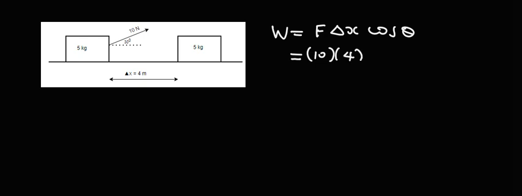Now we can calculate the work done by the 10 newton force using the formula I just showed you. The formula is going to be F delta x cos theta, and we can substitute the force as 10. The displacement is 4 multiplied by cos of 30. If you put this in your calculator, you are going to get